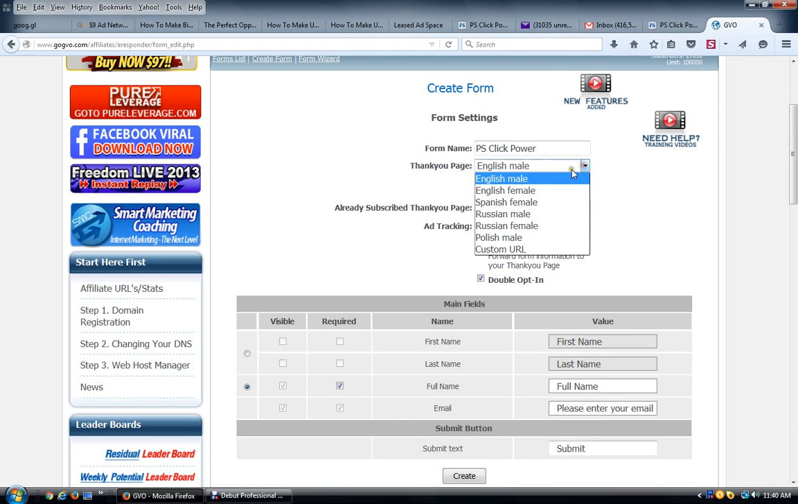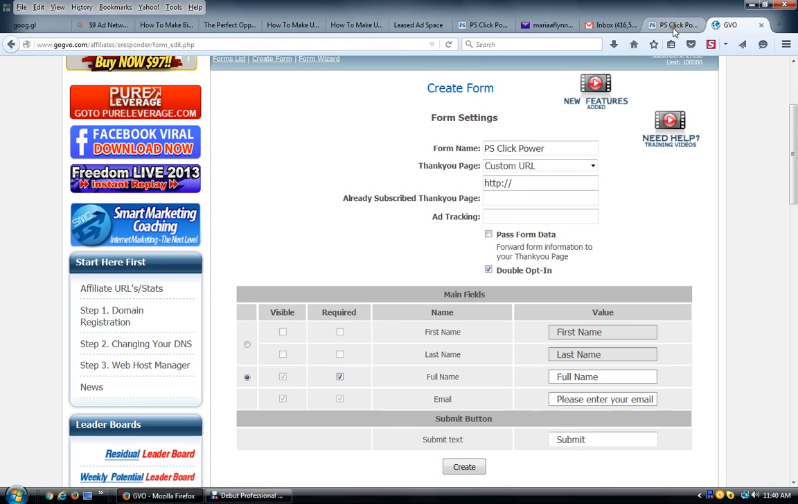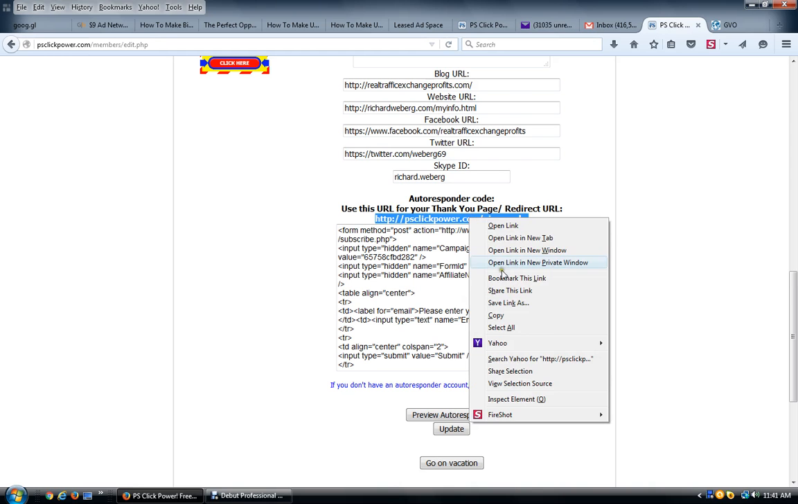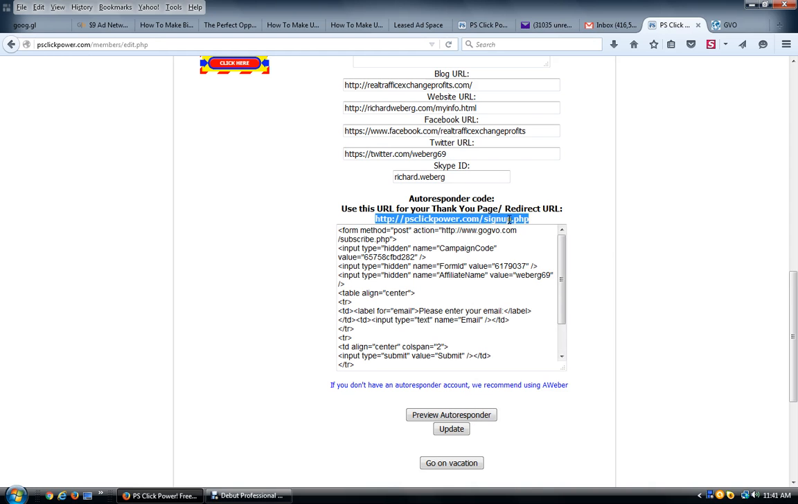We're going to put a custom URL. We're going to go back here to PS Click Power, and you see this link highlighted in yellow underneath this autoresponder code, this URL for your thank you page. This is extremely important. When people opt in to PS Click Power, they need to be redirected to finish the sign-up process under you. So you need to copy this, and it doesn't matter that it doesn't have any affiliate